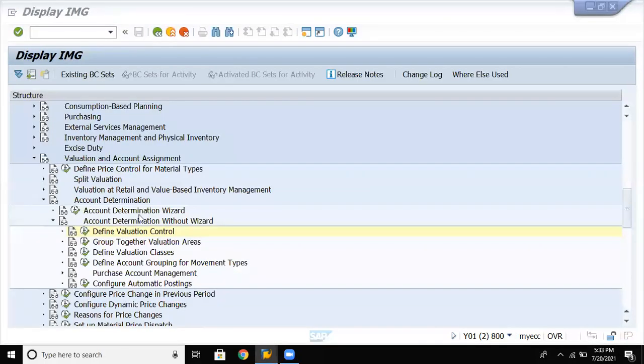Now next, group together valuation area. So here, how you create a plant code, here we should also go with the group valuation area. Valuation area is similar to your plant.